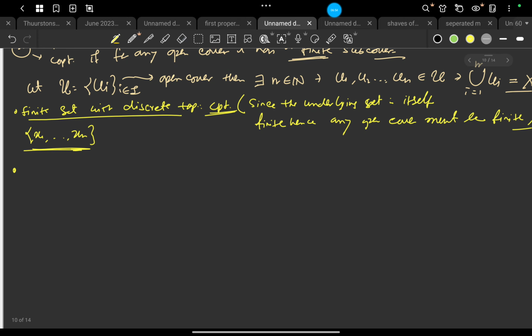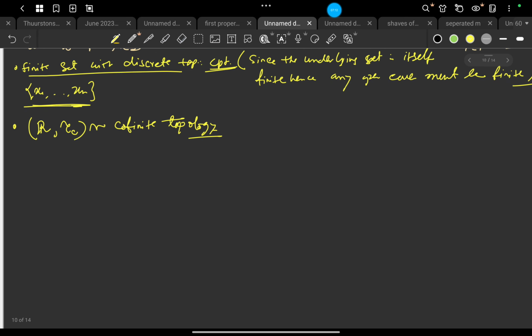Another kind of example. Suppose we take R associated with the cofinite topology. Cofinite topology. Okay, so that means suppose we consider any open cover, let's say U_i, i belonging to I. This is an open cover.